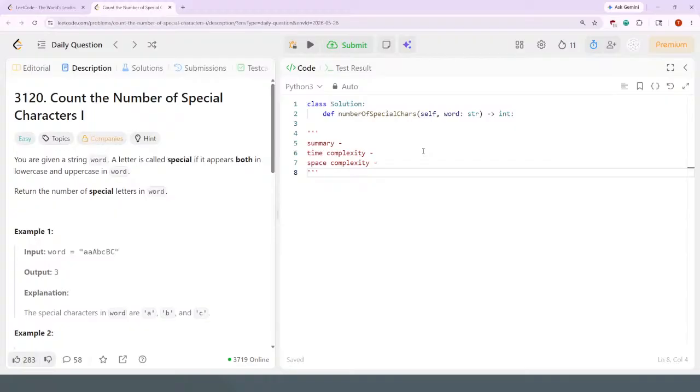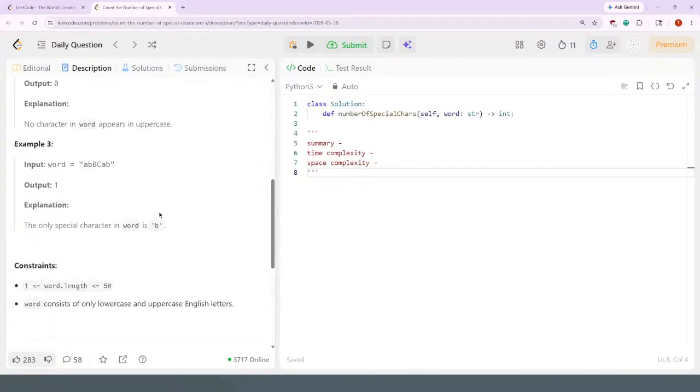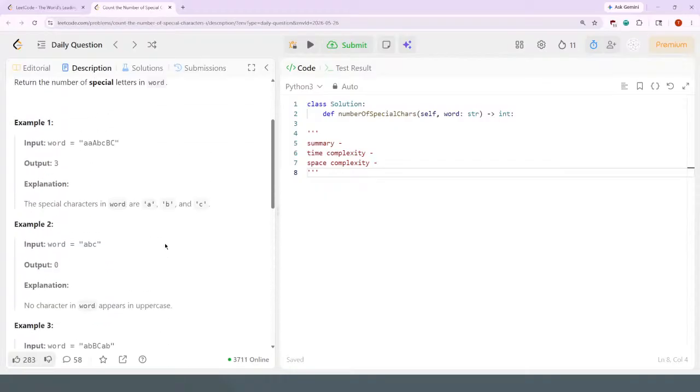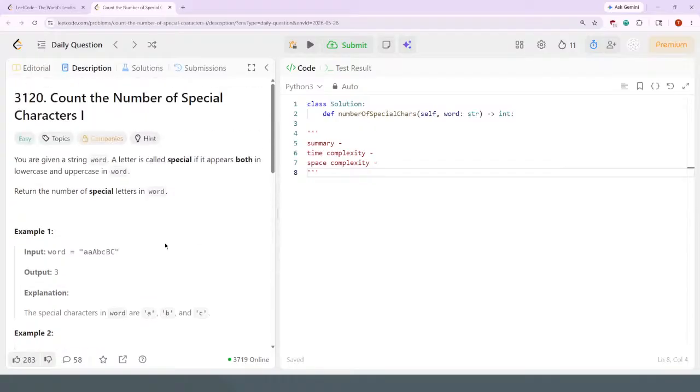So I assume the word is only 50 long, only uppercase and lowercase letters. I can make the set of the word and then see if certain combinations are in the set. Probably. So I can create the set of the word. Let's say,